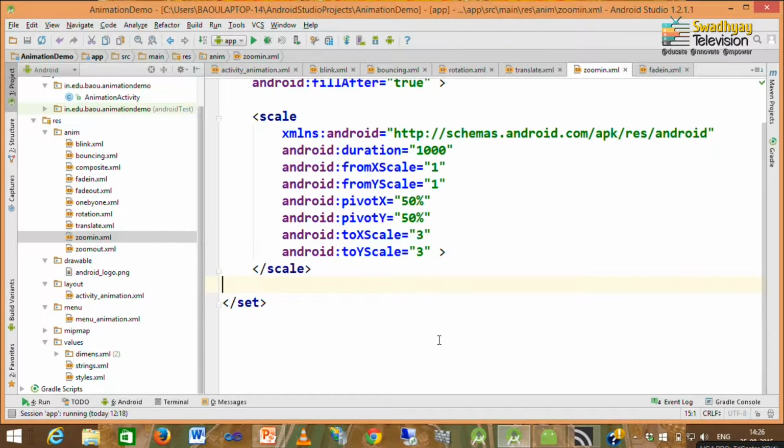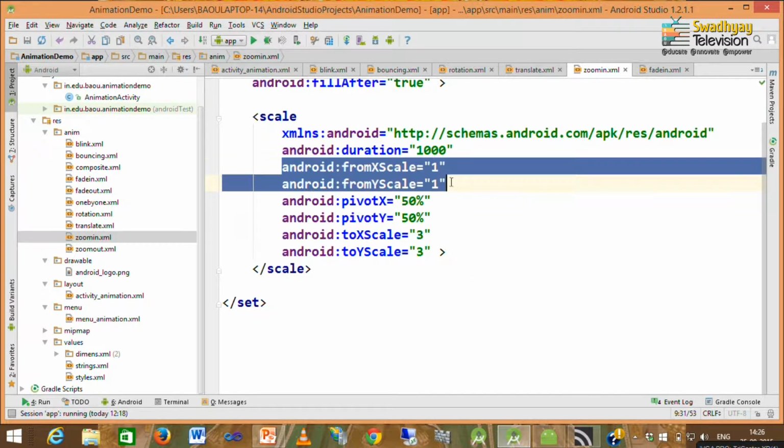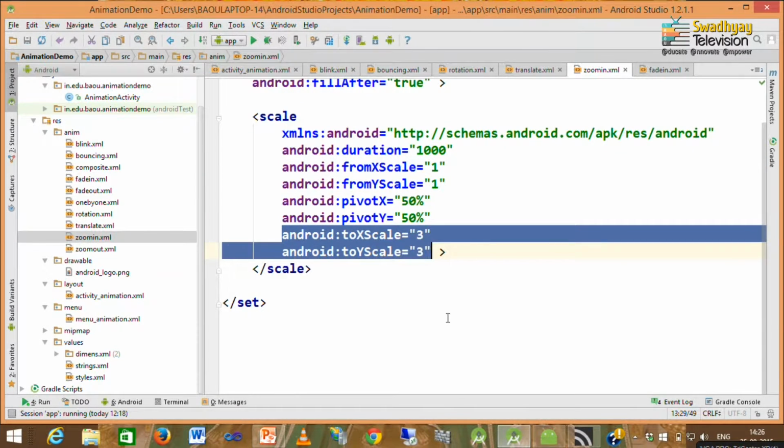Next is zoom in. So, here I use scale and duration is 1 second. Now, from x scale and from y scale specify where to start. So, I specify 1, which means original size, and to scale is 3, which means its size is 3 times larger at the end of the animation.